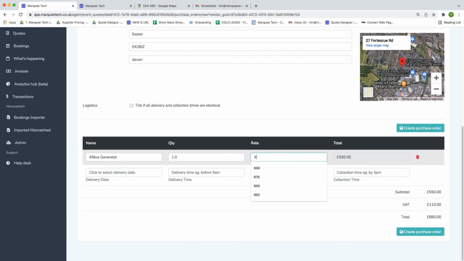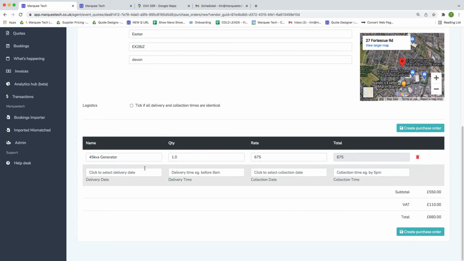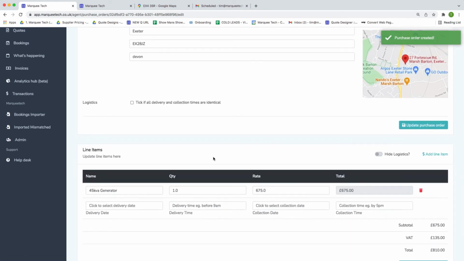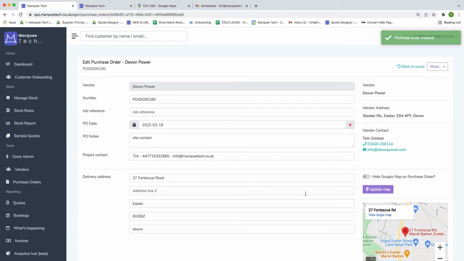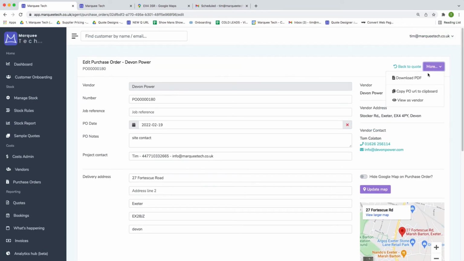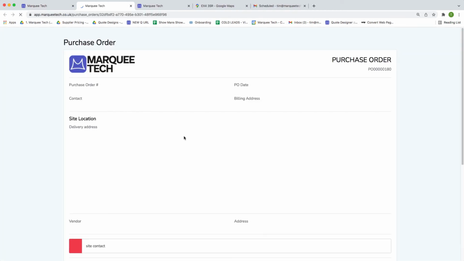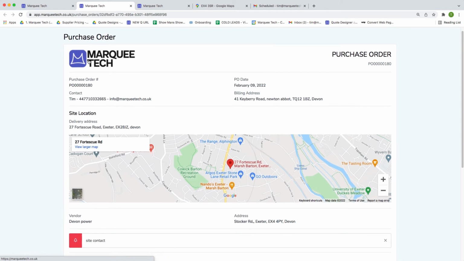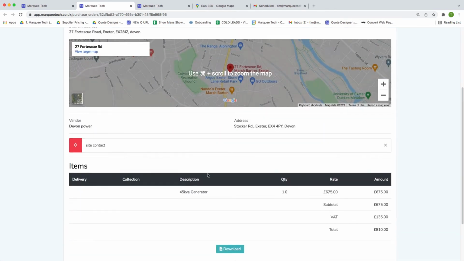We can update the price because sometimes you need to charge more depending where that customer is. We can put in a delivery date and time and a collection date and time. I'm going to click create, and if we wanted to, we can add as many different items into this purchase order, and then you can send it to the supplier that you're working with as a PDF or as a digital link. Digital link would look like this. Of course, it will have your logo on the top, site information, the notes,